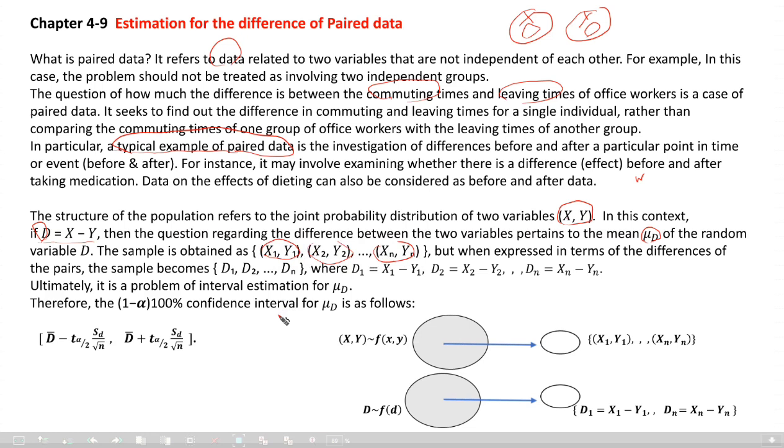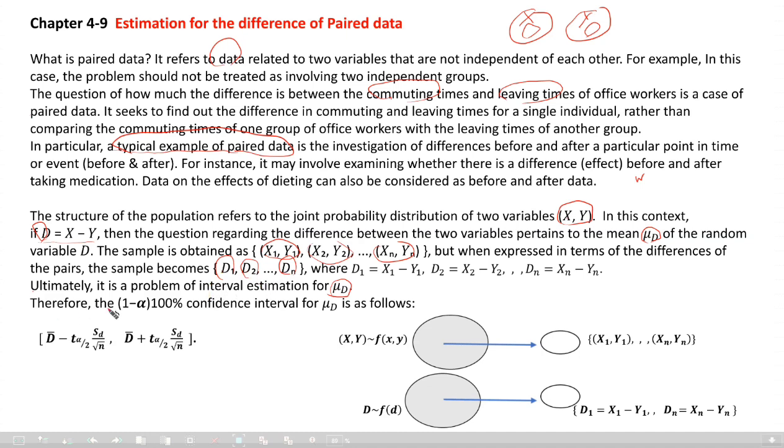In this case, the sample consists of n paired data, but when expressed in terms of the differences of the pairs, d1 equals x1 minus y1, d2 equals x2 minus y2, up to dn equals xn minus yn, then it is a problem of interval estimation for mu D. Okay, you now have one sample, d1, d2, up to dn. So it becomes a one population problem,